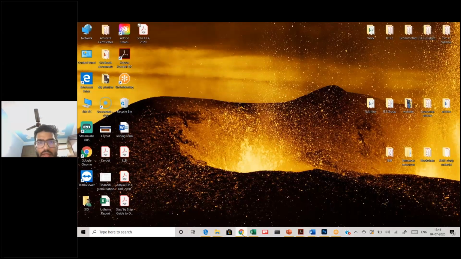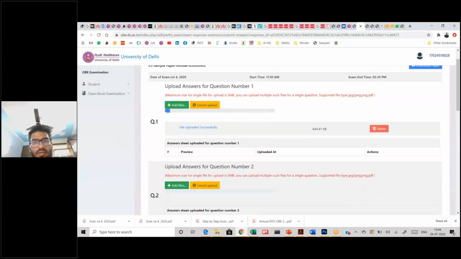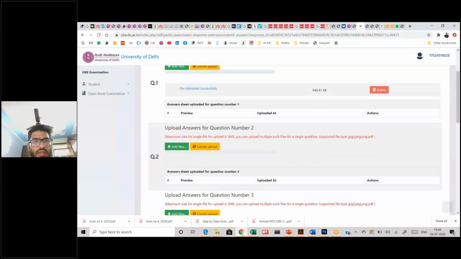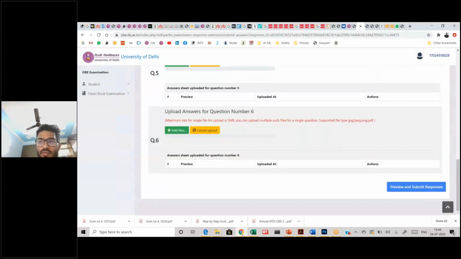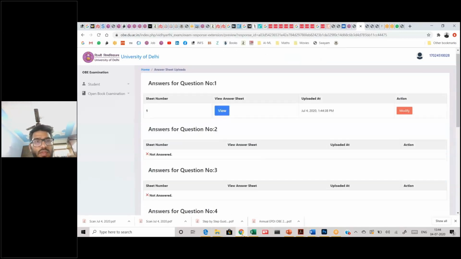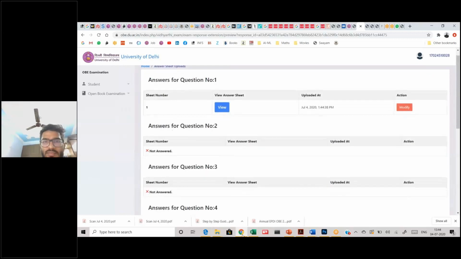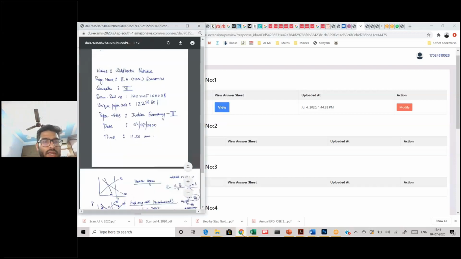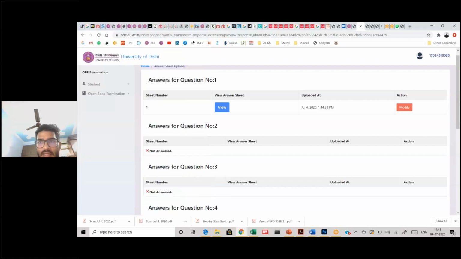Finally, what you need to do is start the uploading process. This file has been uploaded, and once you are done with this, preview your responses and answers. You are getting an option of your answer one. Please make sure that in each particular case you are viewing your answer sheets so that you have answered the right question and the right answer is there.